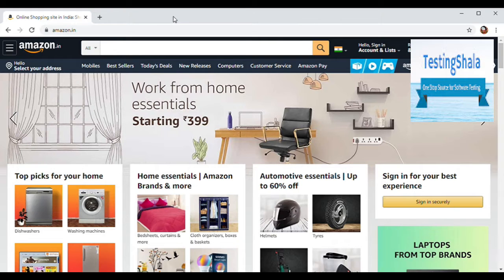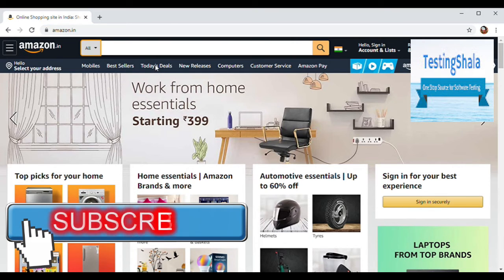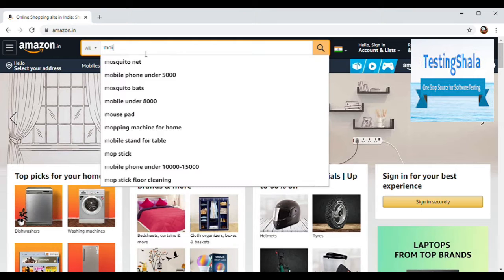After that, there should also be a test case we should talk about. There should be a search bar on the top of the page. This is the location. There should be a search box there. Then there is also the test case which talks about the left side. There is an All category where you should provide a complete drop down for all the categories of the products which are available in Amazon.